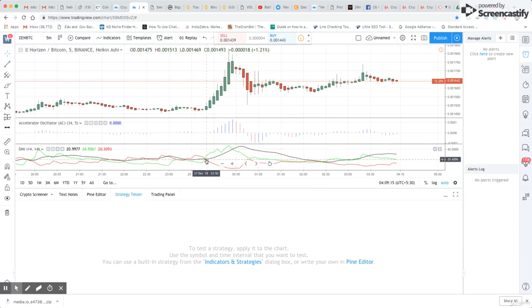So directional index also plays an important role, but it is going to decide about the trend. Like let's say the black line is cutting upwards this red line, then definitely it is also an uptrend. So this is the major index line. This is the positive line. This is the negative line. So you need to keep this in mind. Like whenever the positive line is above the negative line, there is an uptrend. Whenever the negative line is